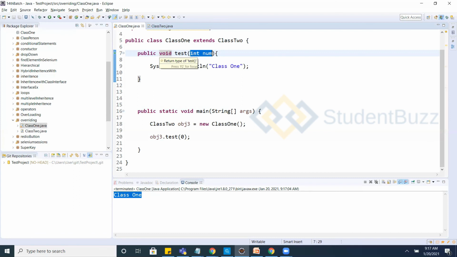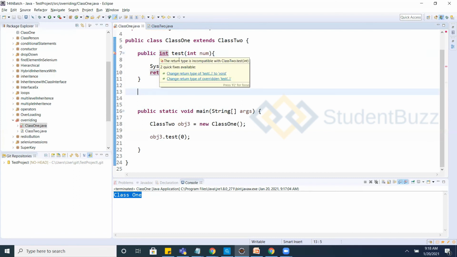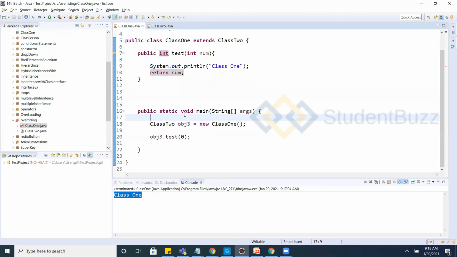If I say int here, see, it is throwing an error: change the return type to void. It will not allow you to give a different return type when you are overriding.